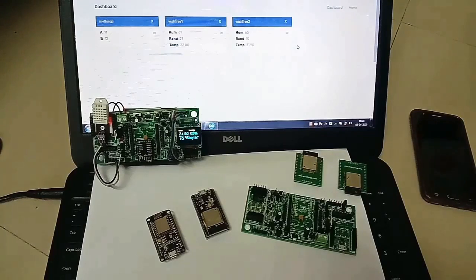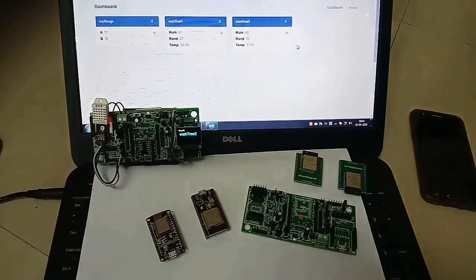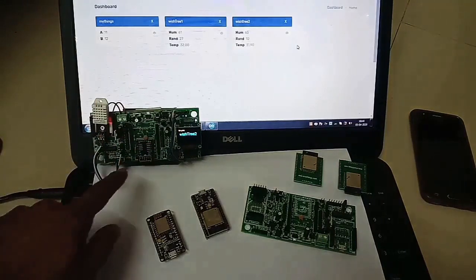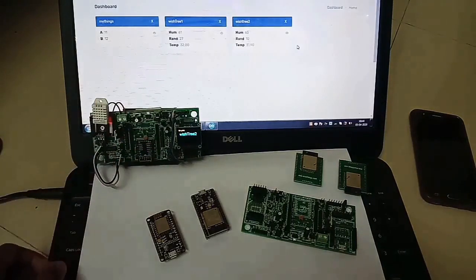And how it is working is, this device is sending data to our WiseThings database server in the cloud through that API calling, and the dashboard is also calling the same database with this thing name wistree 2, and in return is receiving the last received data and showing it here. So you can see the 15-second cycle has started running on ESP8266. Just remember to connect GPIO 16 to reset.